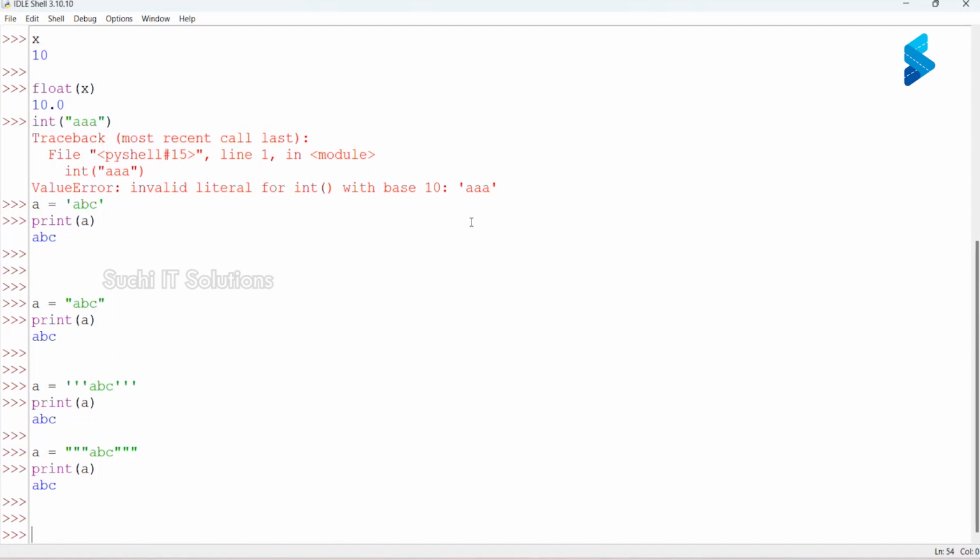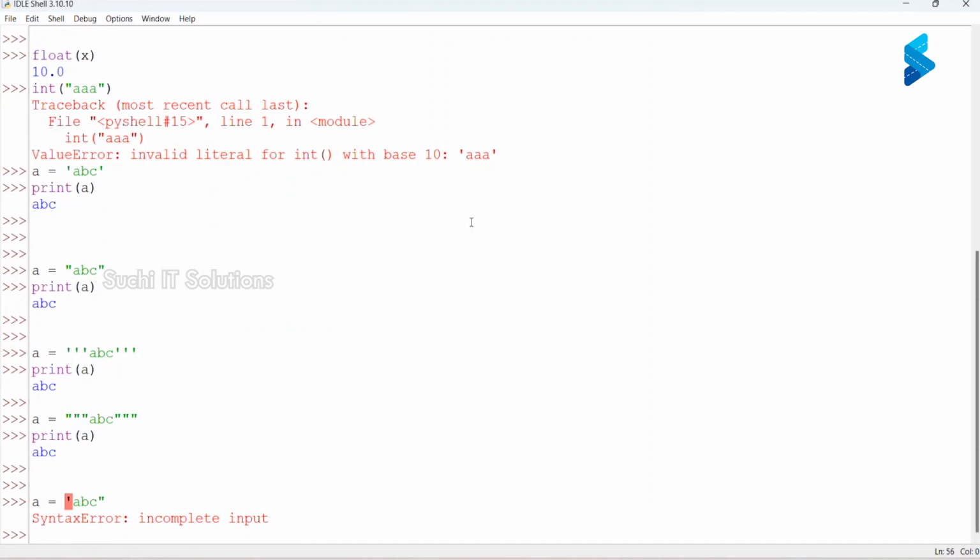But what did I say? We cannot start with a single quote and end with a double quote, or start with a double quote and end with a single quote. That would be a syntax error. Here I am starting with a single quote and ending with a double quote, so this is a syntax error.